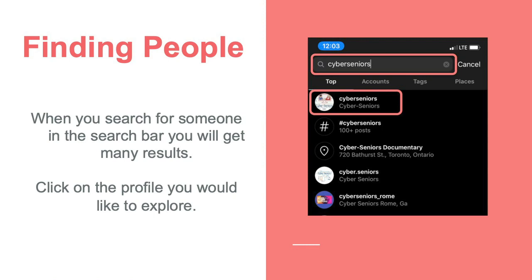If I want to search up people, I would hit the accounts button, and then it would give me whoever is listed under that name. Or if I want to look up a hashtag, which like we were talking about before is a broader topic, we would hit the tags button and then type in whatever we're interested in. An example of a hashtag might be wildlife photography or crocheting, something like that. And we'll get everyone who has posted a picture with that hashtag, and those posts will appear in our search results.